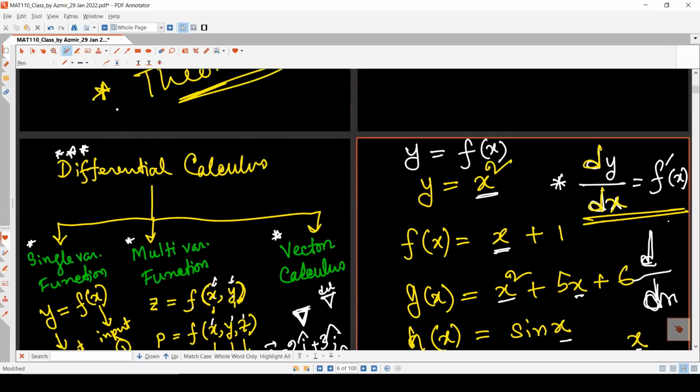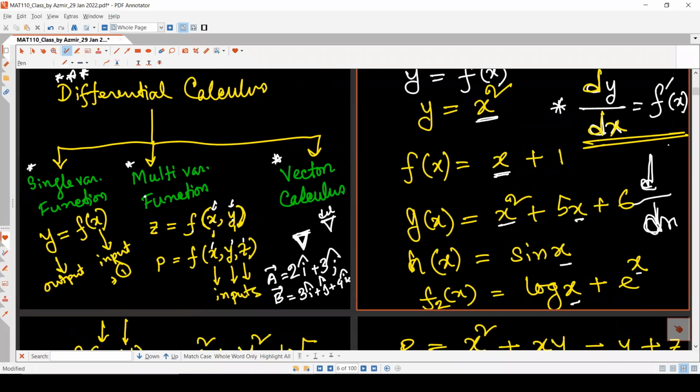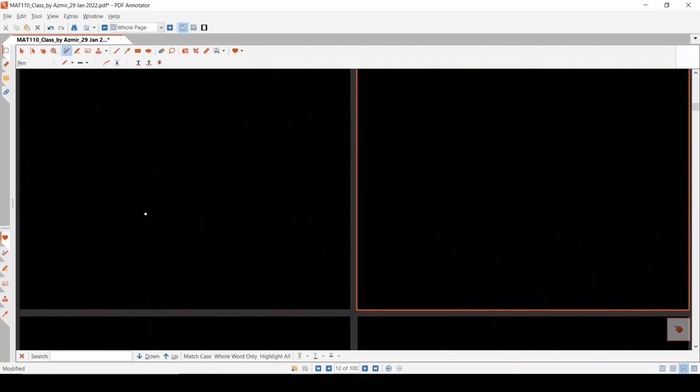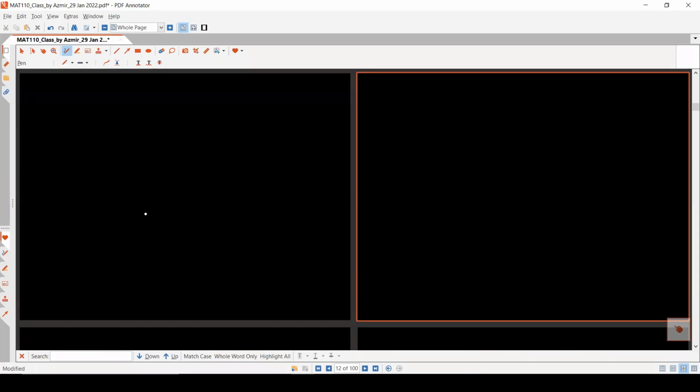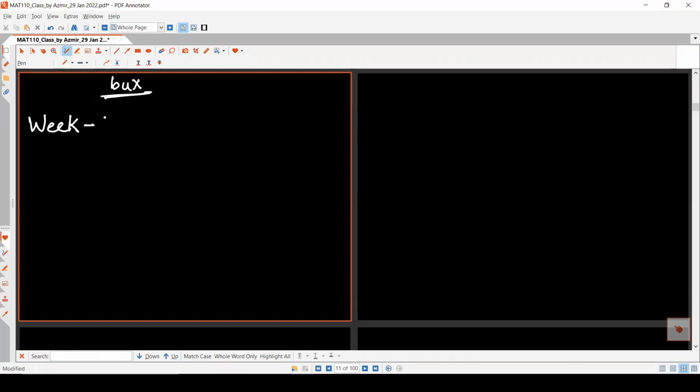Let me write the week by week contents so that you can get the total syllabus for this course at the same time. In BUX, you know that you have to go through the lecture videos, which are theoreticals. In BUX, all the contents are designed week by week wise. So in week 1, that means the current week from Saturday to Thursday,